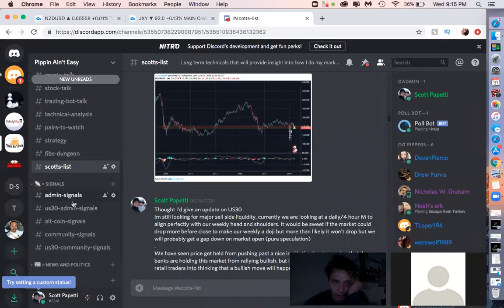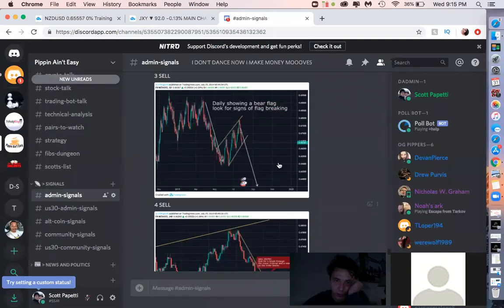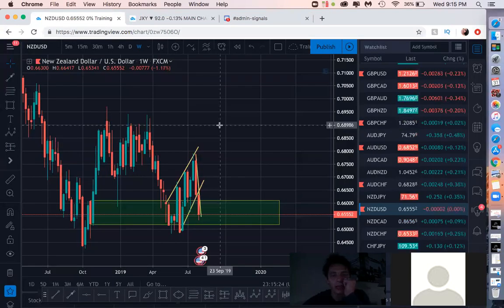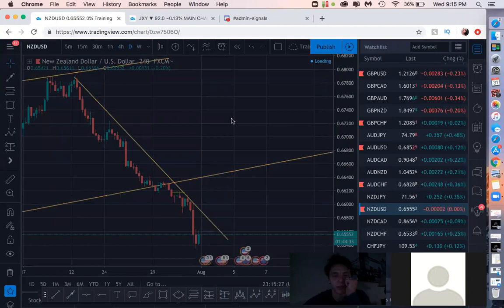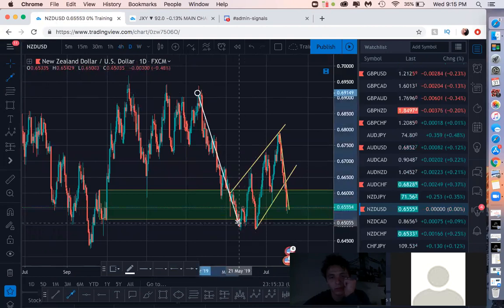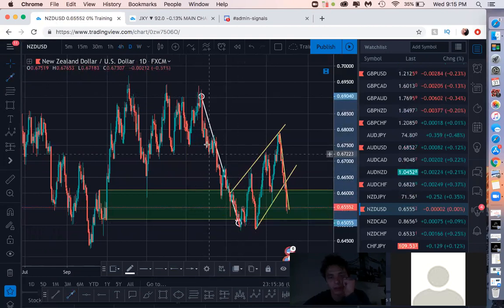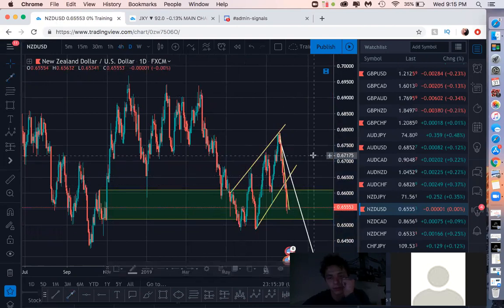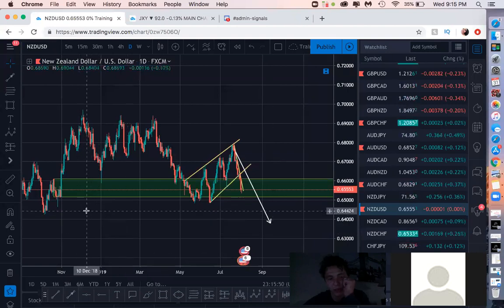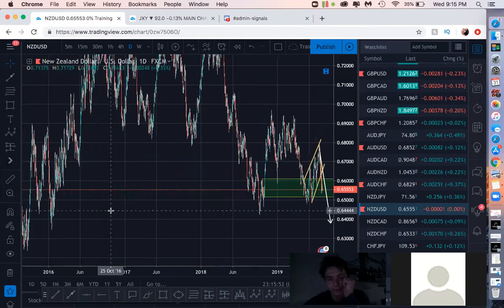But again, if you go to my signal list, I'm looking at a short on this daily showing a sign of a bear flag. As you probably already know, because I've said it a million times, what gets us into these will get us out. So line this up, set that there. I'm looking at 64, really probably 60, 64.5, lining up with these. But hey, it is what it is.